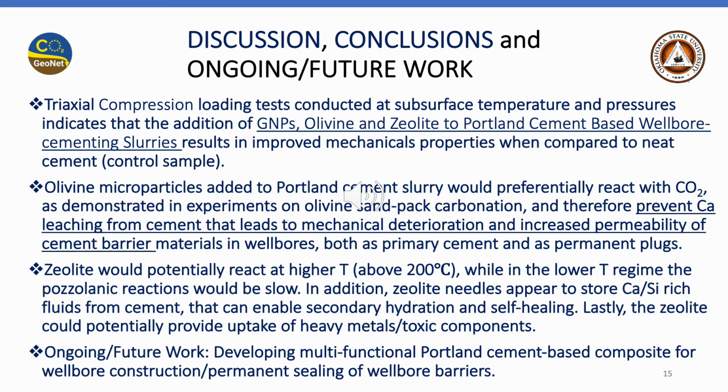So in discussion, conclusion, and ongoing and future work, just to reiterate what I already presented, all of the 3 additives that we investigated, graphene nanoplatelets, olivine, and zeolite, when added to Portland cement, really improve mechanical properties of wellbore cement. Olivine microparticles are definitely potentially going to be able to prevent a negative impact of CO2 on wellbore cement by incorporating that CO2 into a newly formed magnesium carbonate, and therefore preventing any leakage and destruction of cement hydration products such as calcium hydroxide